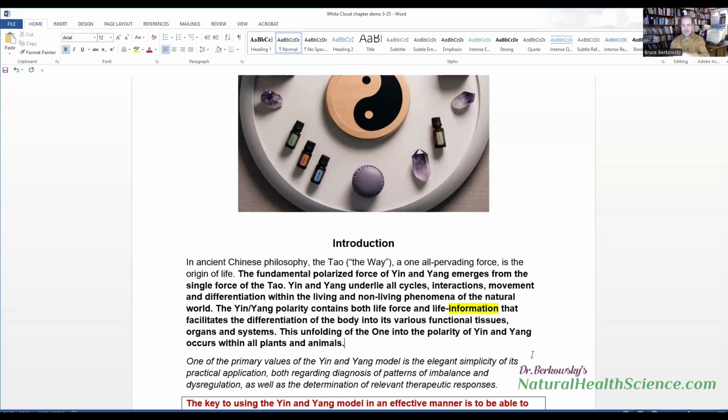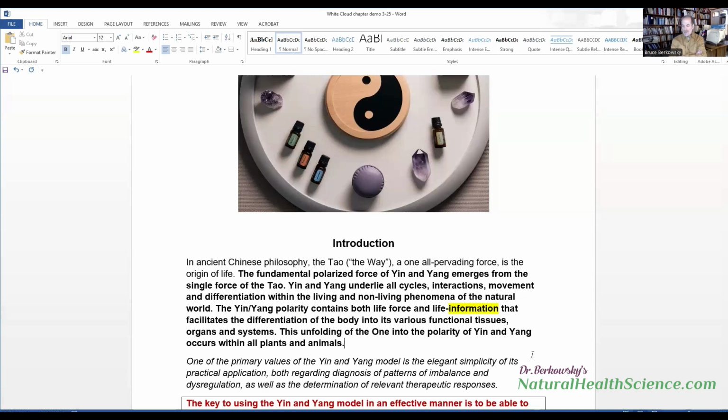One of the purposes that I have in continuing to teach is to provide not only an understanding, but an ability to translate that understanding into practical application that can be done by anyone who's really interested, in their own homes. I'm not designing these courses for other professional practitioners, although many of the members and students that I have are professional practitioners, and they can use it in their own way within the context of their own treatment models. But for those people who are just working at home with themselves, their families, their friends, pets, and so forth,